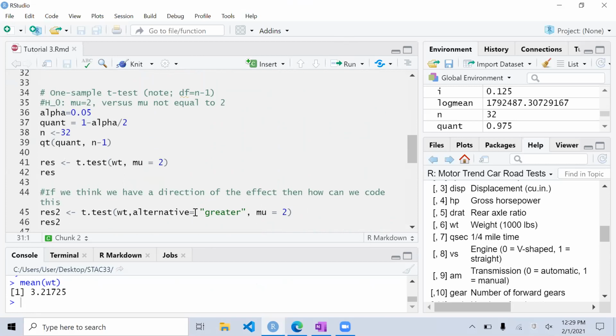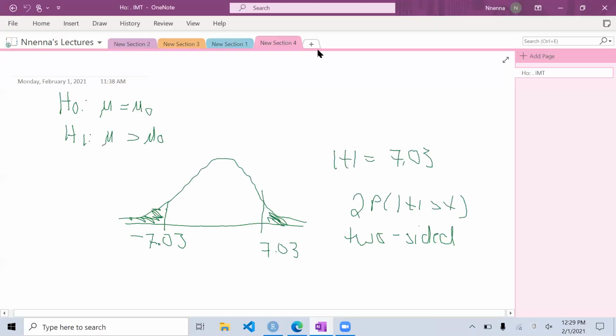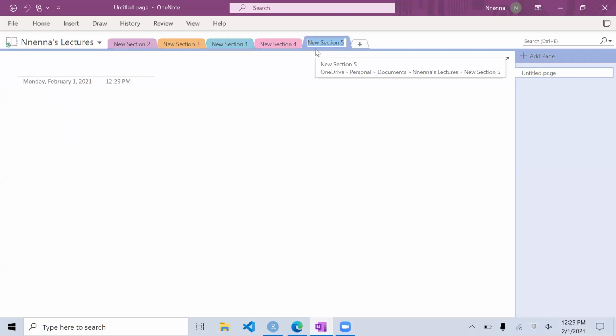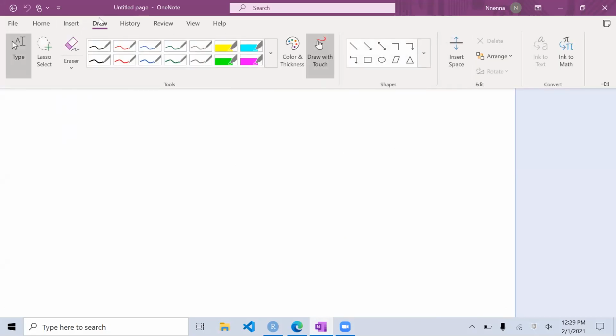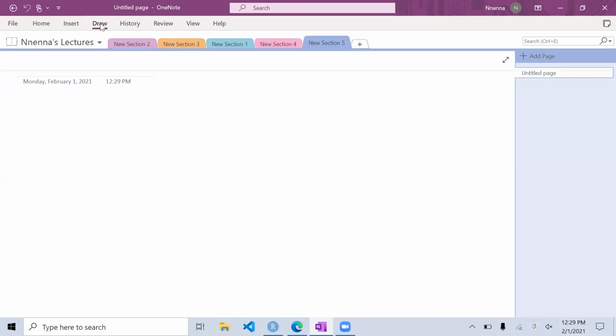This is why I'm going to perform a test about whether or not the mean is different from 2. So this is why you have mu is equal to 2 here. The test I'm actually performing is the following. If I just pull out my pen, the test I'm actually doing is